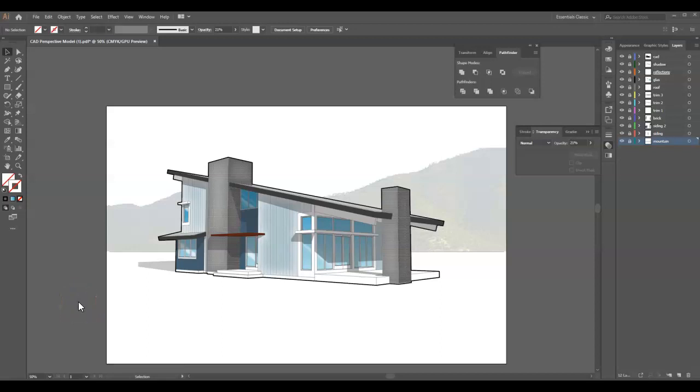Hello class. In this video we're going to add a scale figure to this drawing because I always think scale figures are important in any architecture. Architecture is about people and it really lets us feel the scale as you're doing it. So to do that, I think the easiest way for a drawing like this is to